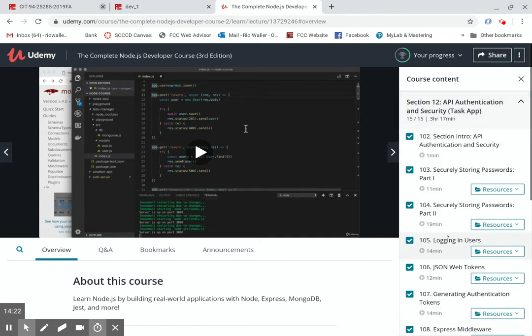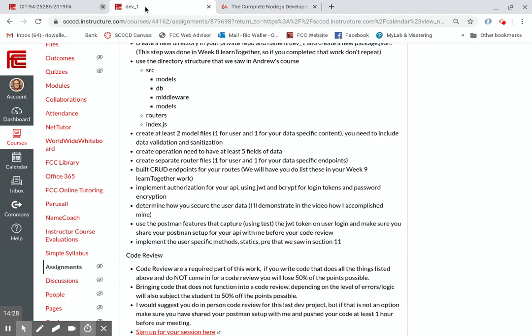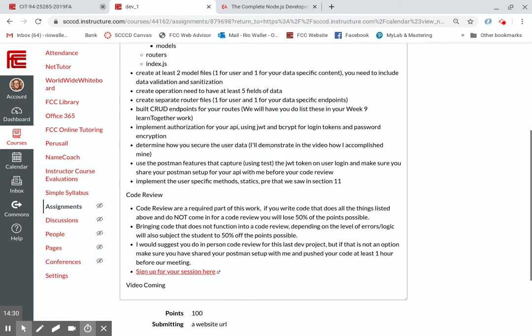So walking through all these steps in your development should make it a little easier. I know for me, that's the way I did it, and it definitely made it easier. Okay. Determine how you're going to secure your user data, right? So this is where I showed you how I did it in mine,